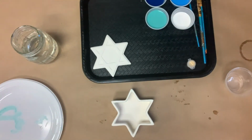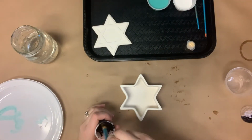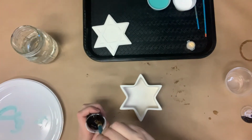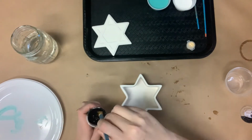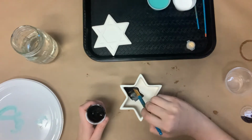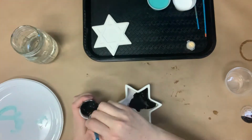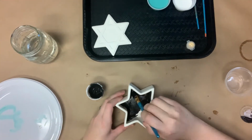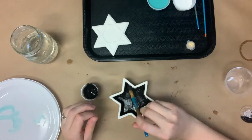So I did this project a little bit backwards. After filming the tutorial and getting this sample done, I realized that it didn't really make much sense to paint the inside of this box black first because a lot of the paint from the pouring portion got inside the box and I had to do a second coat. So this tutorial is going to be a little bit backwards, but basically after you've done the pour portion of